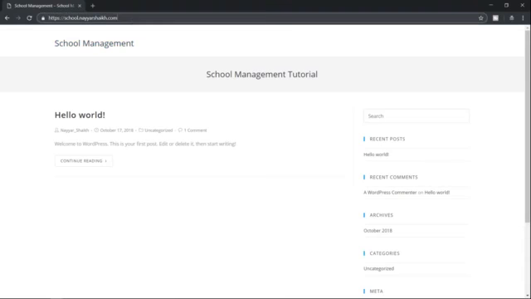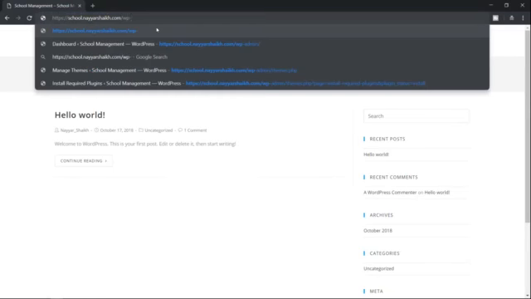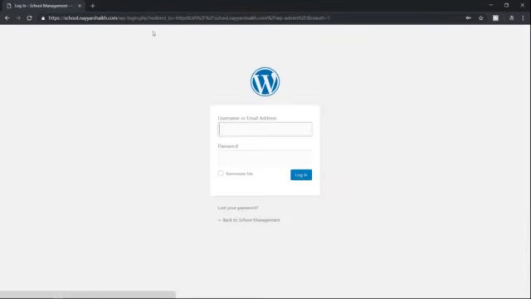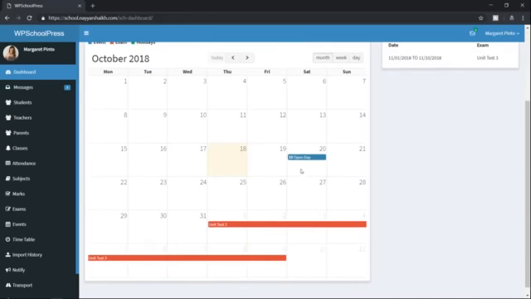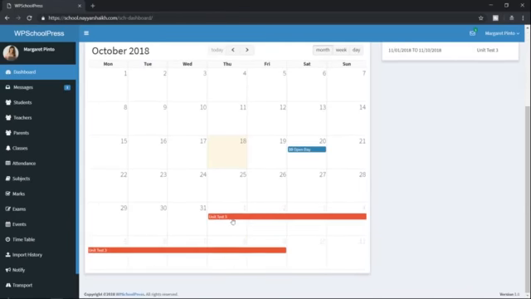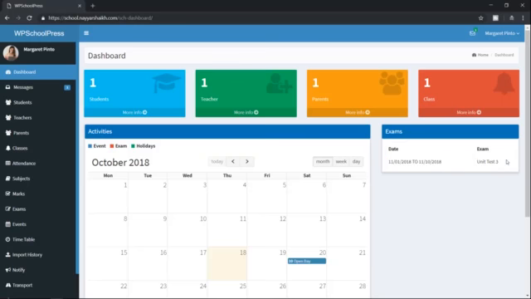Now she does not have any direct link. I'll have to add that later on when we create this website. Let's go to WP admin login. She'll have to enter the email address and the password over here. Now we'll click on login. As you can see, this is the dashboard for the teacher. She'll see that there is some open day, this exam unit test 3, open day over here, exams, notification, 1 parent, 1 teacher.